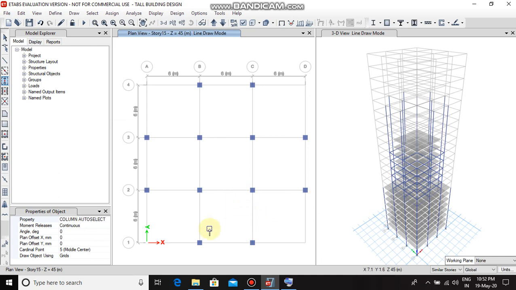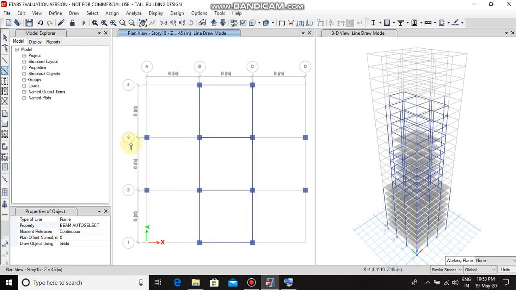Okay. Now draw the beam by selecting this option, quick draw beam, keeping property as beam auto select, and here the similar stories, click the similar area.